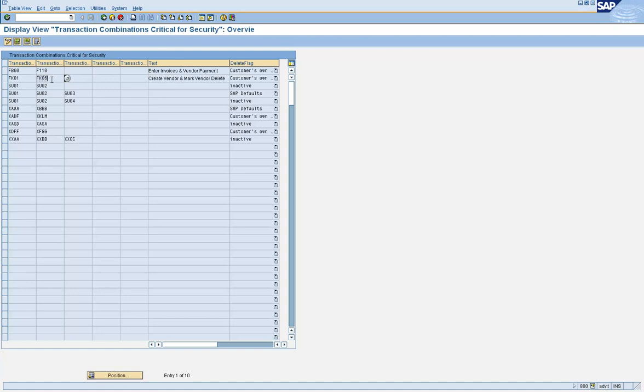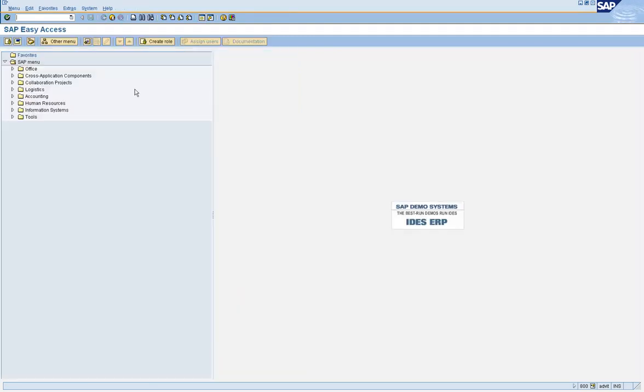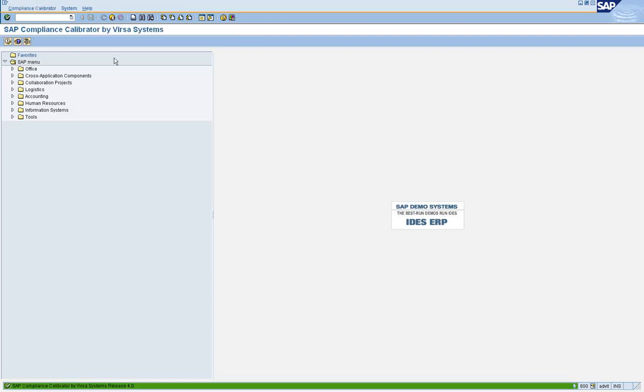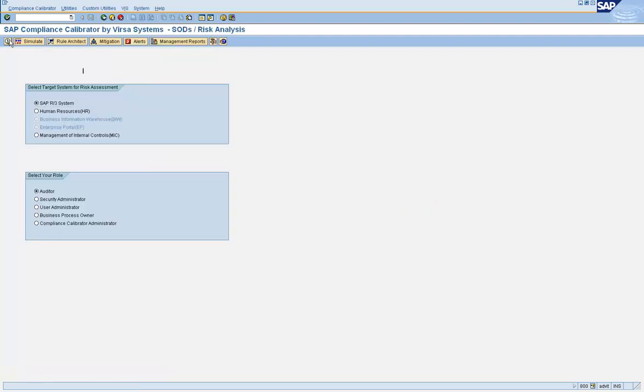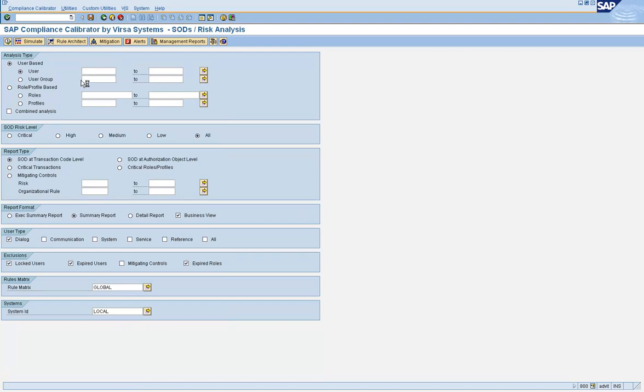This is being used by Versa, and we are going to see that tool and how it's used. So the transaction code is /n/Versa/. Go to execute and role architect.